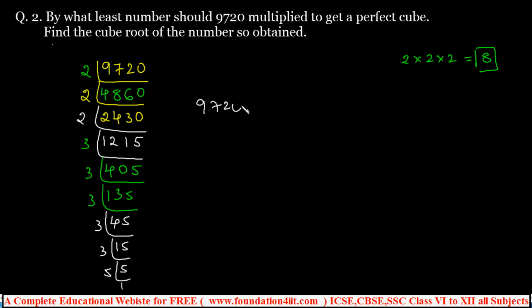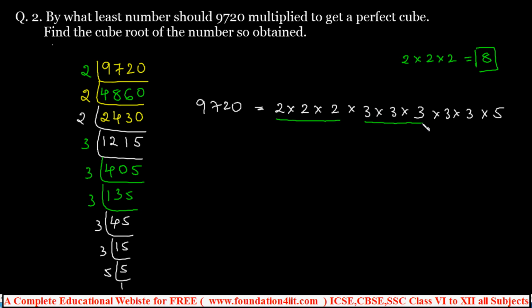That is, 9720 is equal to 2 into 2 into 2, so the 2 set you can take as 2 power. This is the product of all of this. Again 3 into 3 into 3. How many 3s are there? Total 5 into 3 and into 5. Because of the cube root, to make it a perfect cube, every number must appear 3 times. 2 is 3 times. This 3 is 3 times. But one more set: one more 3 is required because every set should be 3 times. And what we require is one more 3 and another 2 5s also.